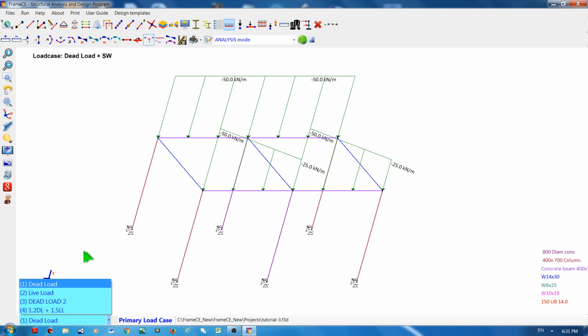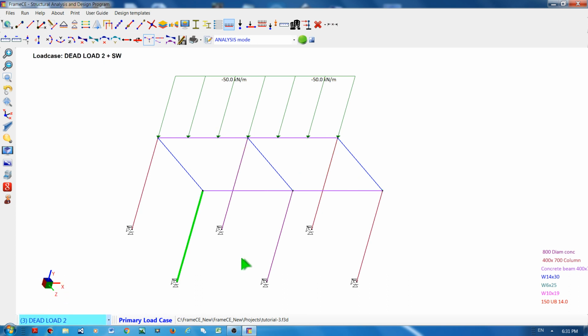If I go to another load case, which is load case 3, you can see that the load was not there. It's not there because I only applied it to one load case. Okay, and then